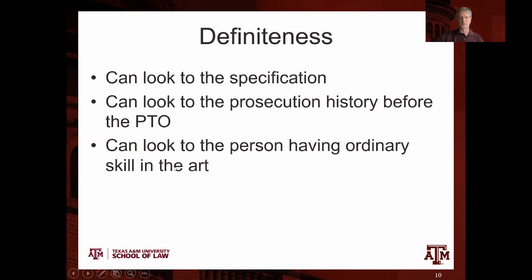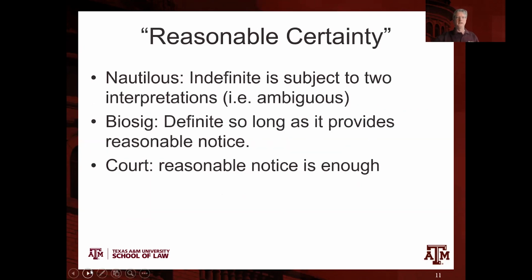You can also look to the person having ordinary skill in the art, all to help us ask or determine whether a person having ordinary skill in the art would know with reasonable certainty what space relationship in this context means. And on remand, the court says,